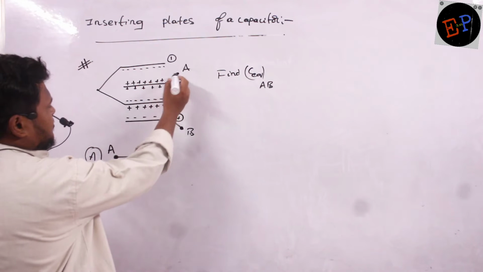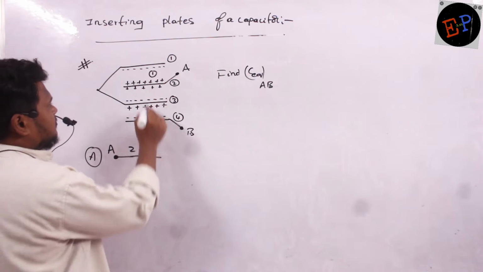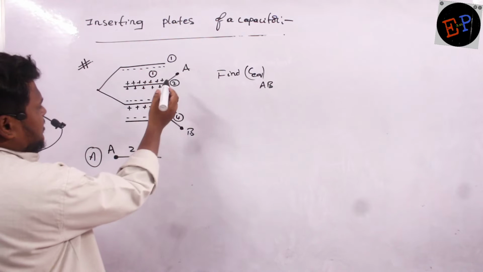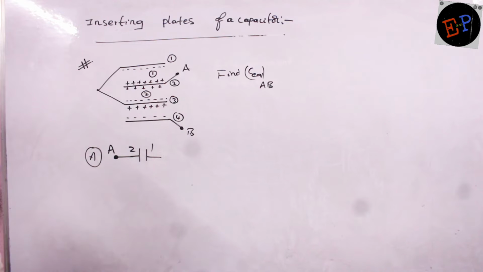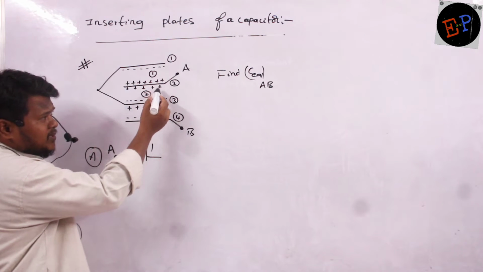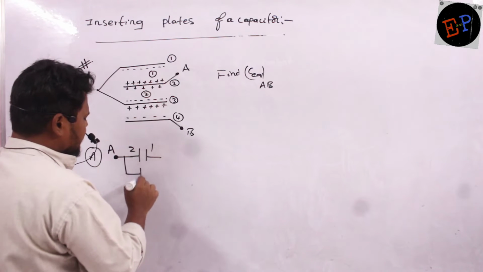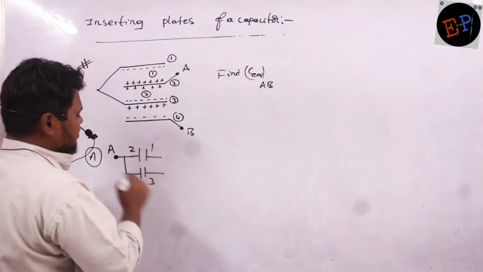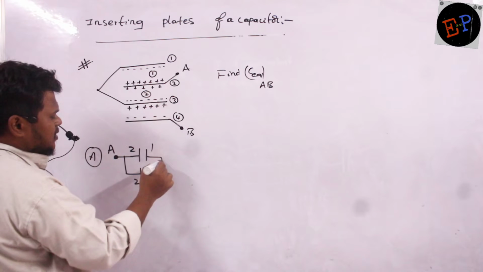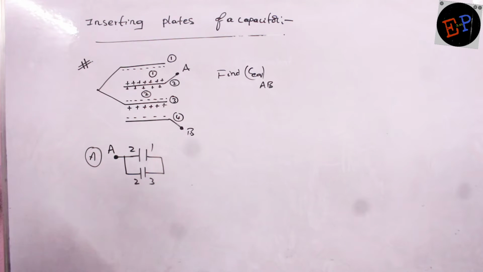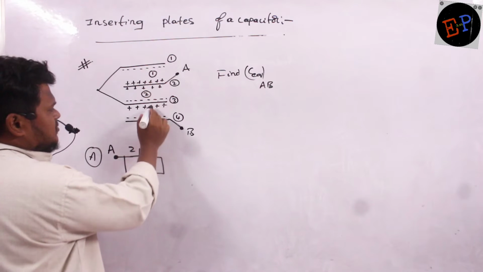So therefore if I start from A, 2 1, this is one capacitor, no? So second plate, first plate, 2 1, one capacitor. Similarly 2 and 3, this forms the second capacitor, no? But it is common to the second plate only, no? It means the second capacitor is in parallel to the first capacitor. So therefore I can write, this is 2 and this is 3. This is one capacitor. So 1 and 3, they are connected by a common wire, no? Still anything? So 3 and 4, here also there is one capacitor formed, no?